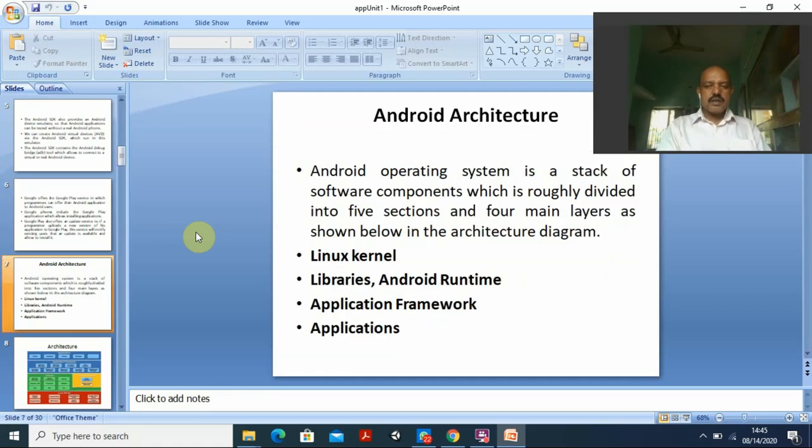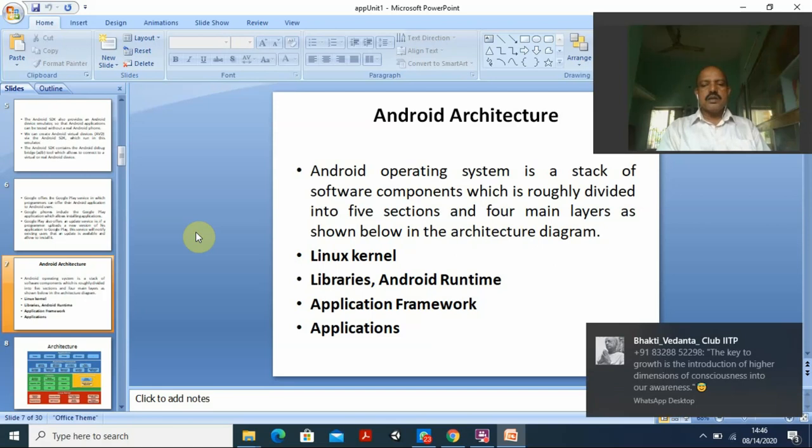Then coming to the Android architecture, this of course we will be studying in unit 1, and specifically we will be going for these Android applications. Here, Android architecture, you know, because already you have subjects like computer organization and computer architecture, which involve more of the architecture, the hardware part, and all things.